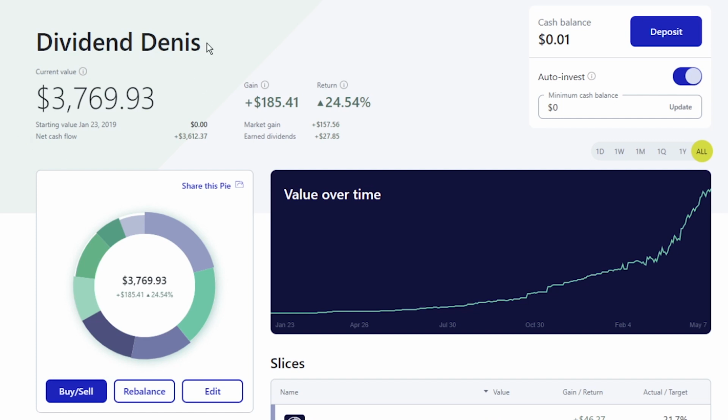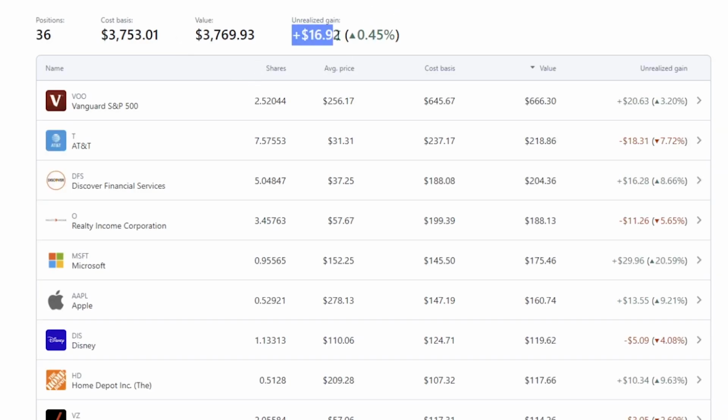So right over here, you can see we are currently sitting at $3,769.93. So we are doing pretty good. In case you're curious, this is the money weighted return on M1 Finance, which is 24.54%. And then my actual unrealized gains right now is